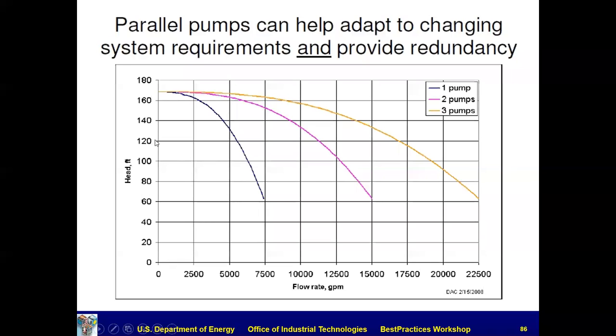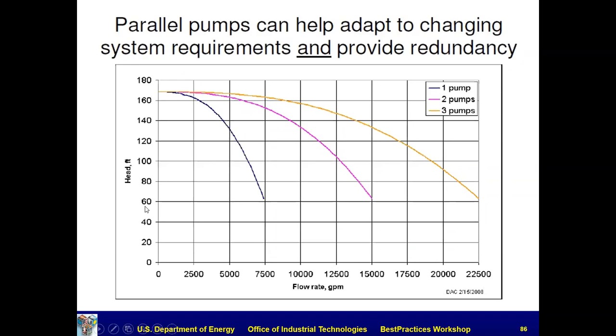And then I come down at 120, and I do the same thing. So I pick whatever this flow is, say 5, 6,000, whatever you would read it to be, multiply it by 2. I get another point on the 2 pump curve, and then multiply it by 3, and I come out here, multiply it by 4, multiply it by 5, however many pumps I'm operating in parallel, I just keep going,